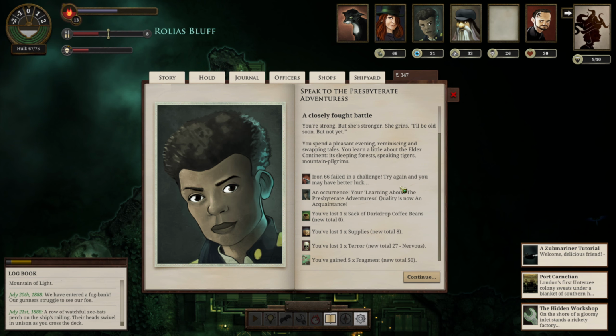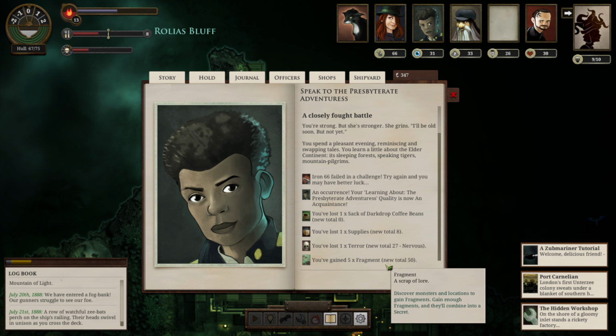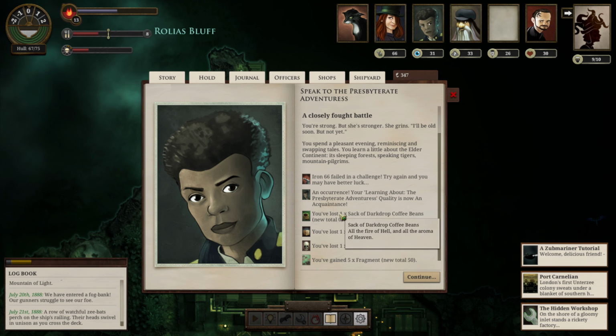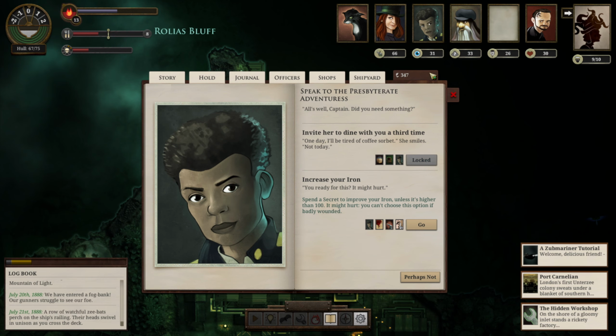Wow, so we failed with our Iron 66? Amazing. We gained a little bit of fragment. We got... Oh no, we lost some terror. We obviously lost the supplies and the dark drop coffee beans. So I wonder if...